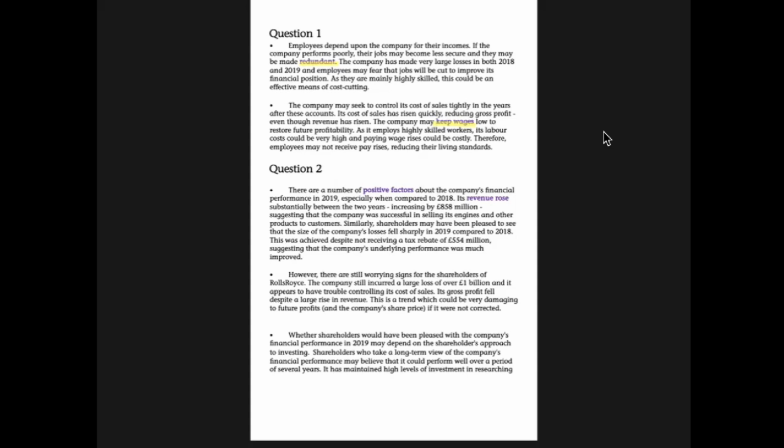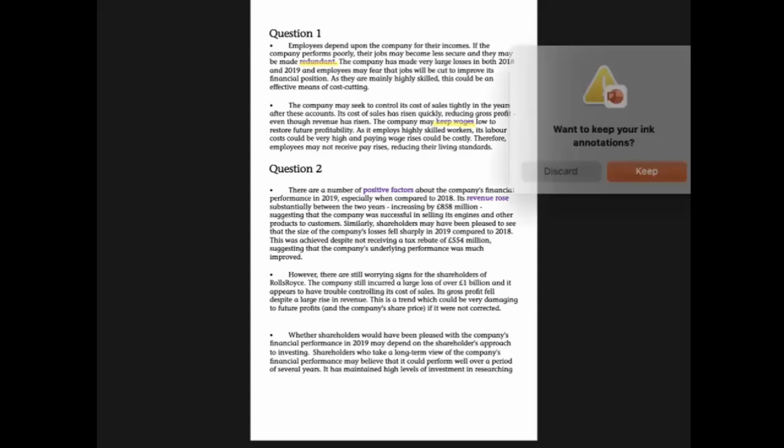So it says the employees could be made redundant, and the company has made very large losses both in 2018 and 2019, and employees may fear that jobs will be cut to improve its financial position. All right. And then